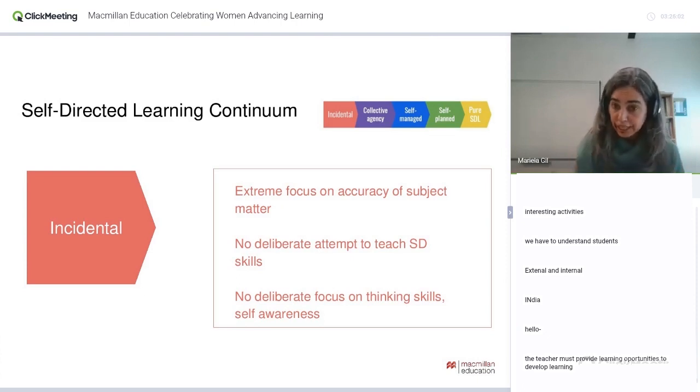This is typically a classroom where there isn't a deliberate attempt to build self-directed learning into it. So the focus is usually on the subject matter. In the case of English language teaching, the focus will be on teaching English. In the case of any other subject area, it could be whatever, math, geography, etc. So in an ELT classroom, you might find a classroom that is purely in this section and never veers into